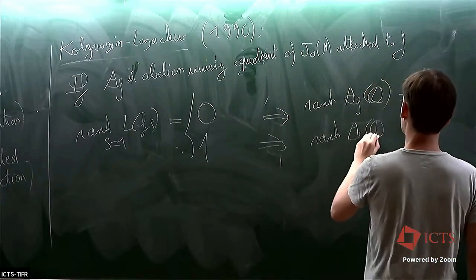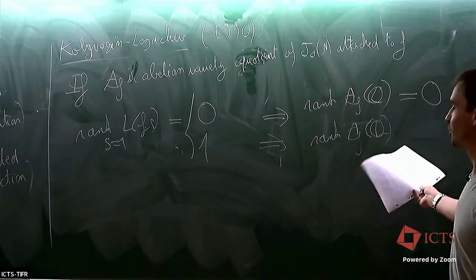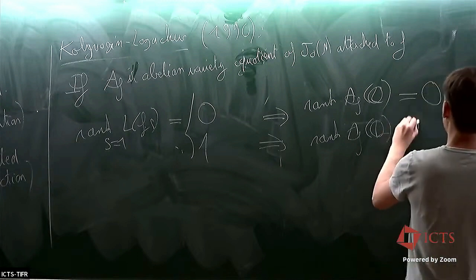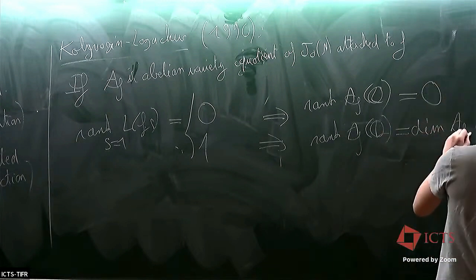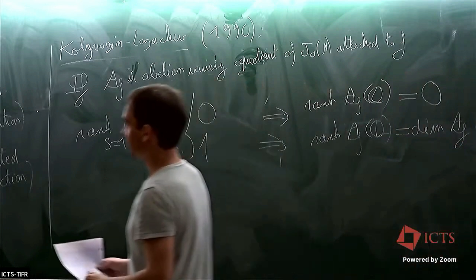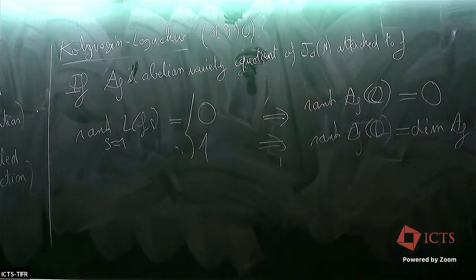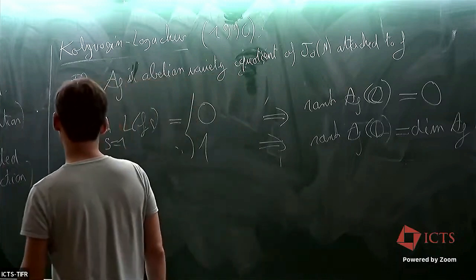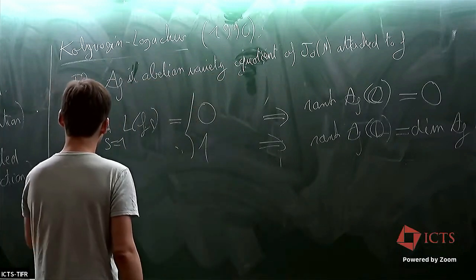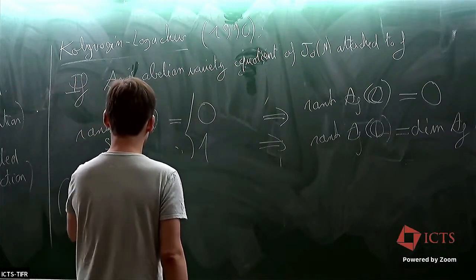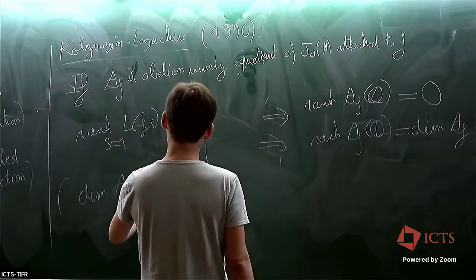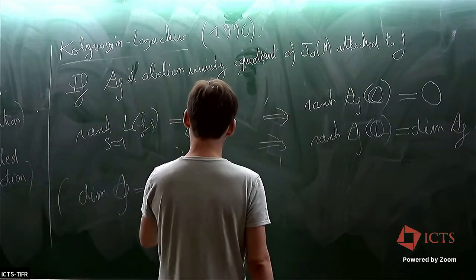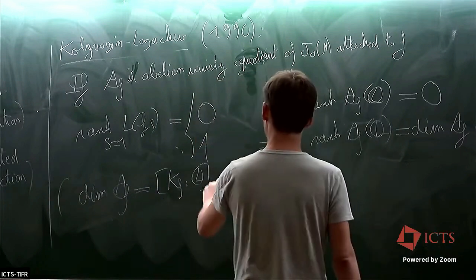And here, to be a bit careful, it's not that the rank is equal to 1, it's that the rank is equal to the dimension. This is because, in fact, F can have non-integral coefficients and they are conjugates. And in some sense, all the conjugates participate in the L function of A here. Maybe I should say it right now: the dimension of A_F is equal to the degree of the field here,